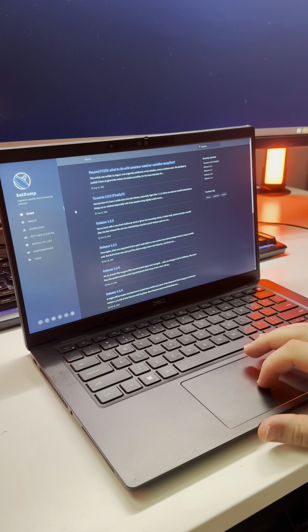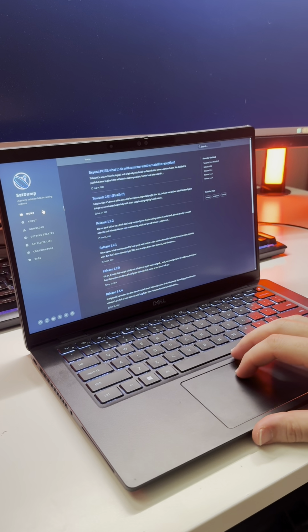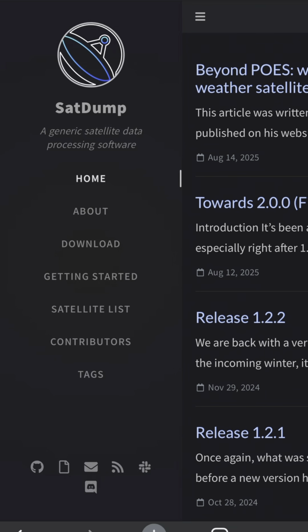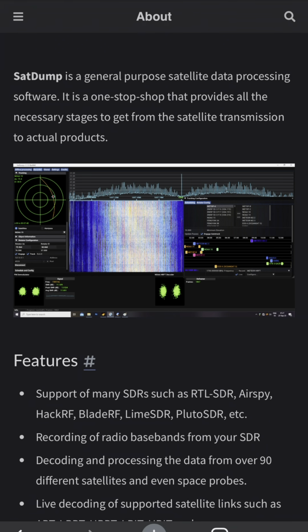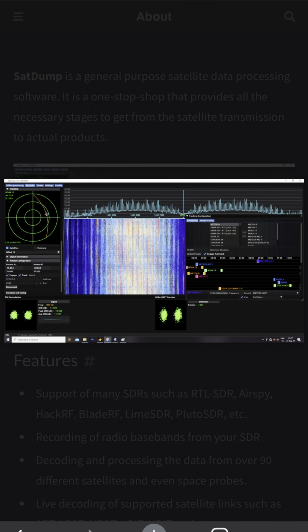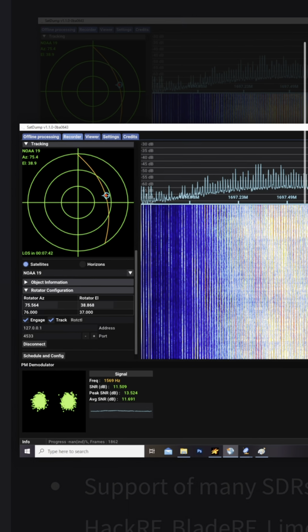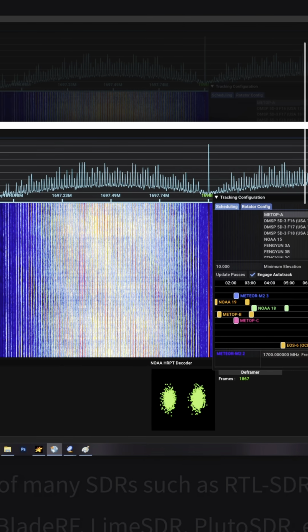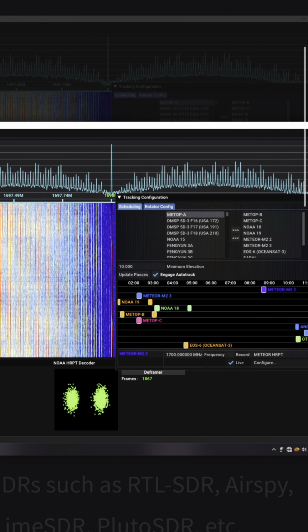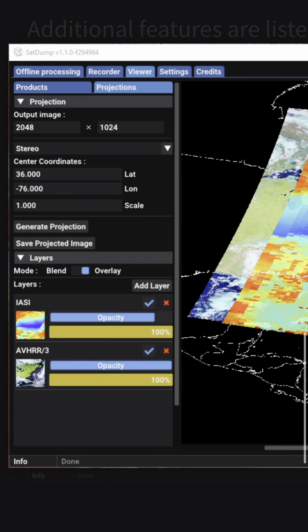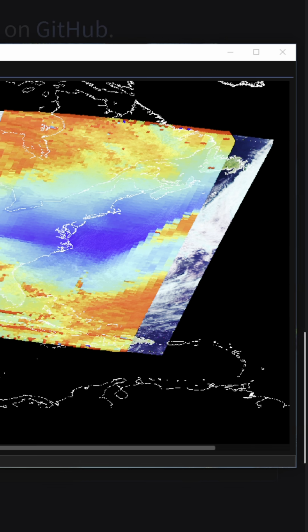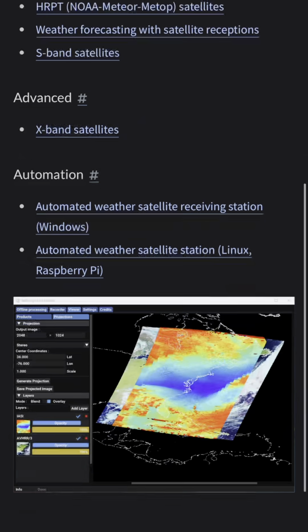First, the software. I used a program called SatDump. This really does all the heavy lifting. It records the physical radio waves being sent by the satellite, then decodes the data and outputs an image. You can download it on pretty much any operating system you want, and the best part is they have awesome documentation. They walk you through step by step how to configure the software to get the best image from the